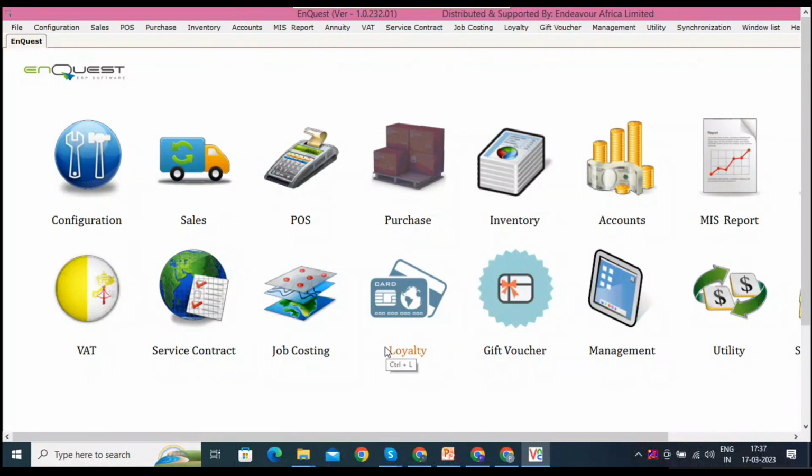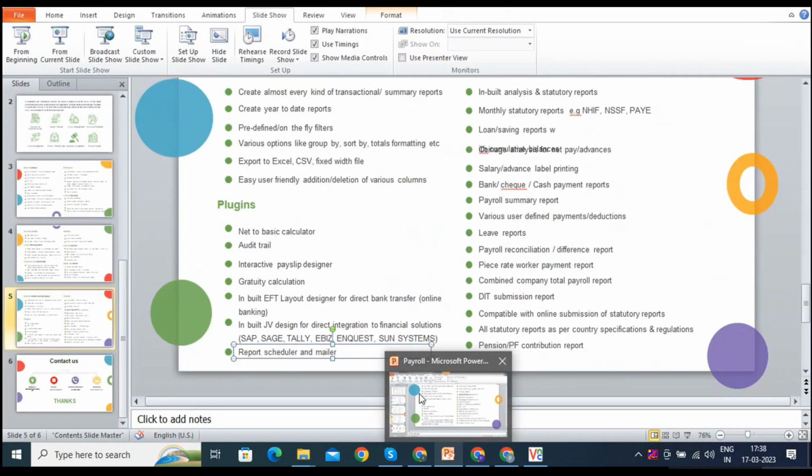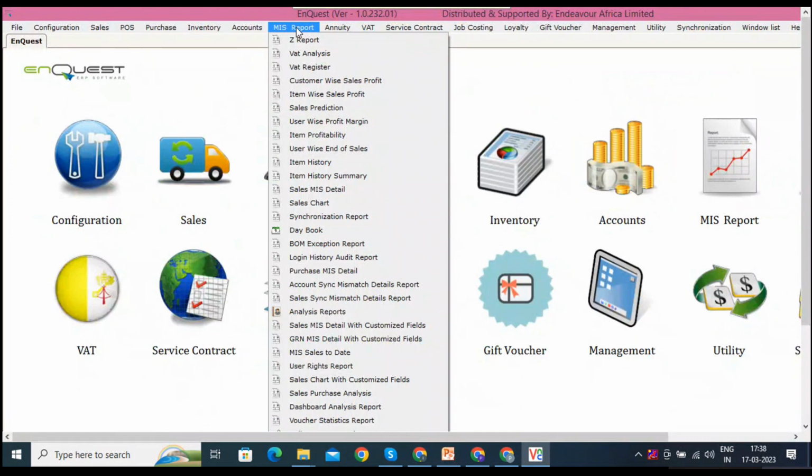Okay, so in today's session, we will see our next module, that is MIS report. Now, this MIS report is basically those reports which are generally used and required by the management at the